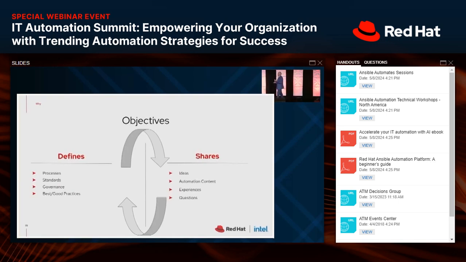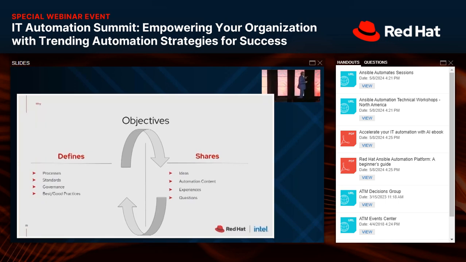So what should be the definition, objectives, and outcomes from a community of practice or automation community of practice? I'll give you another thing before I go further. At Red Hat, we love acronyms. If you haven't noticed, that's why on all my slides you'll see COP, COE, or things like that. But if you catch me saying an acronym that you don't know, please raise your hand.